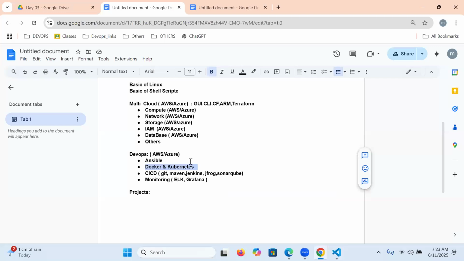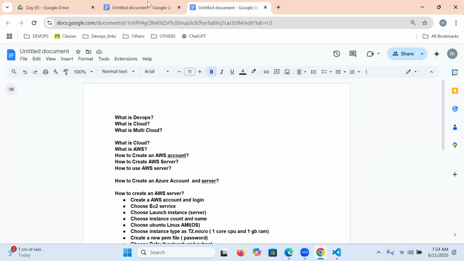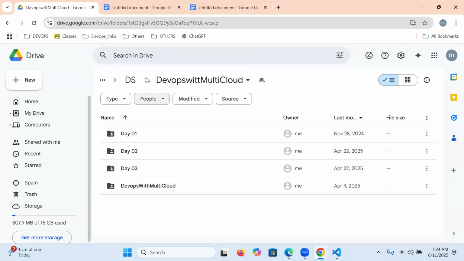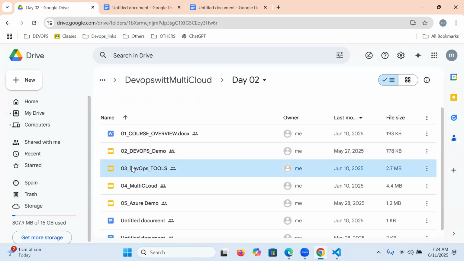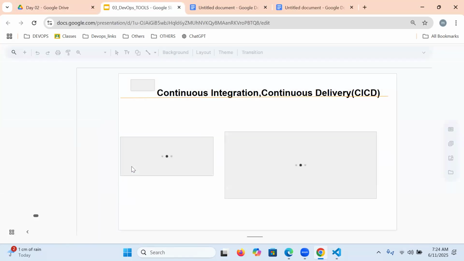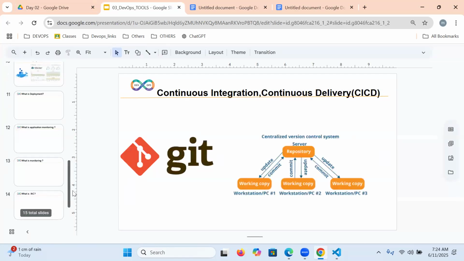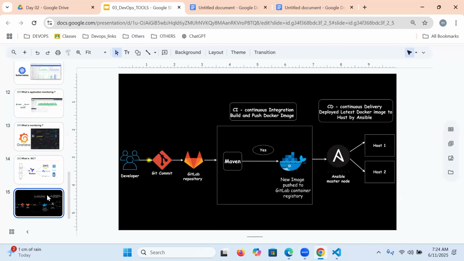In Docker and Kubernetes, I'll say it very clearly. So, in Ansible one project, in Docker and Kubernetes one project, in CI/CD one project. What we understand in Ansible, and what we understand in Docker and Kubernetes, we are going to automate with the help of CI/CD, using Jenkins, Maven and JFrog. One pipeline will be implemented. It looks like this, which I showed you yesterday.